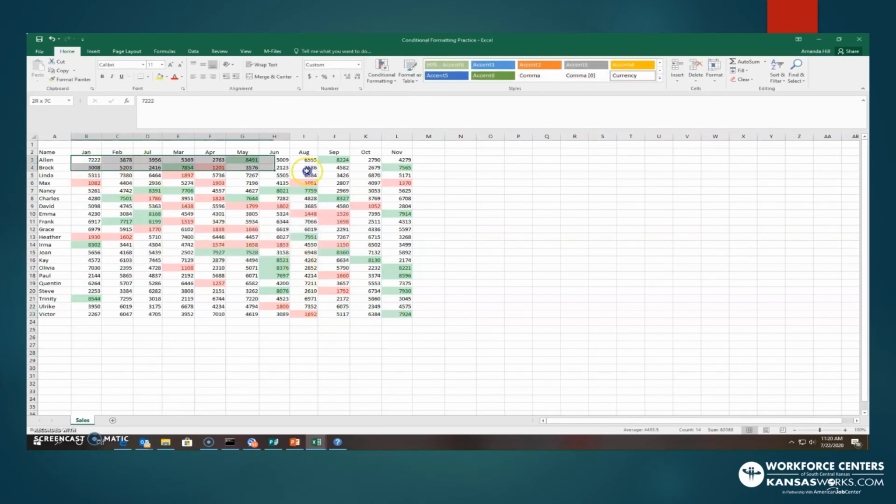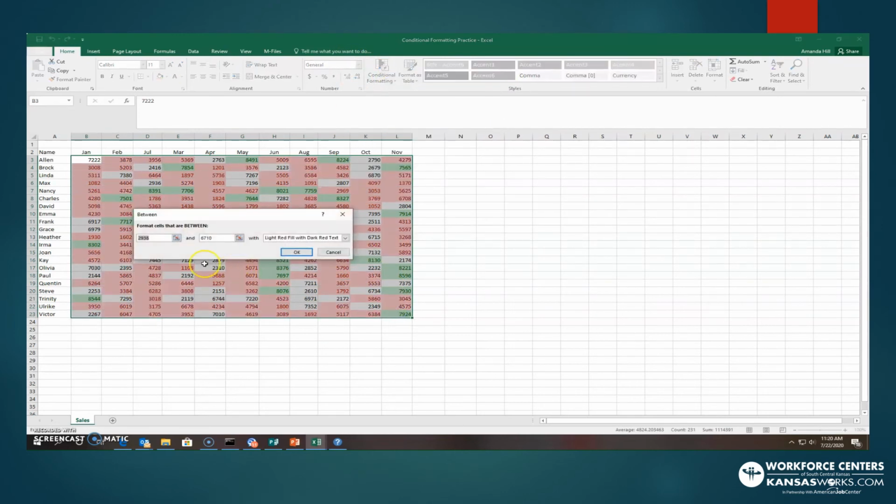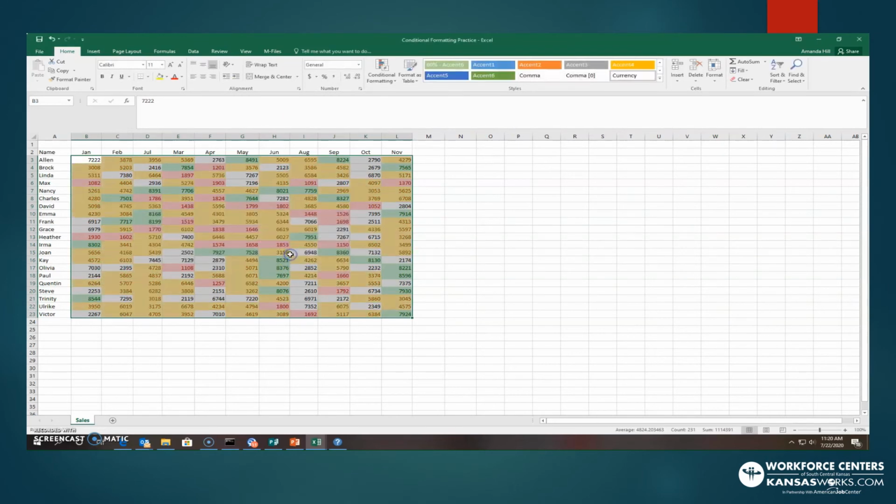And what I forgot to do was highlight this, it looks like. So highlight the chart again, and you could go between, and you could give it a number. So I'm just going to stick with the numbers that came across, which is about the same, 3,000 to almost the 75. So let's go ahead and we'll just say that these were the ones that performed average. And so you can now look at this chart and identify